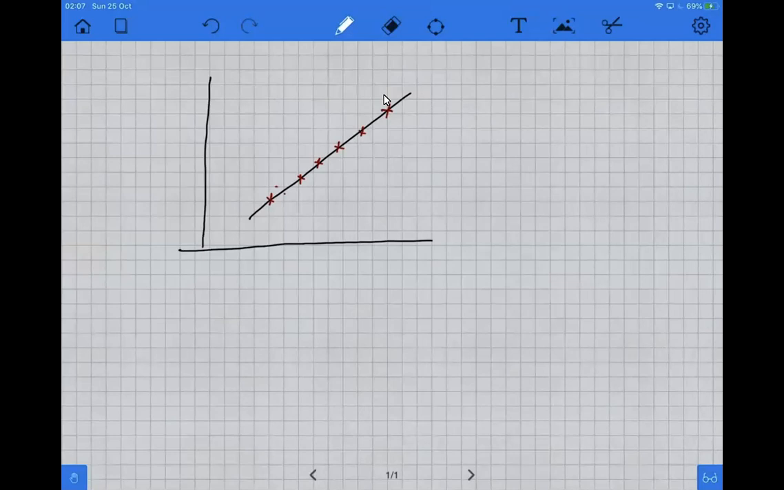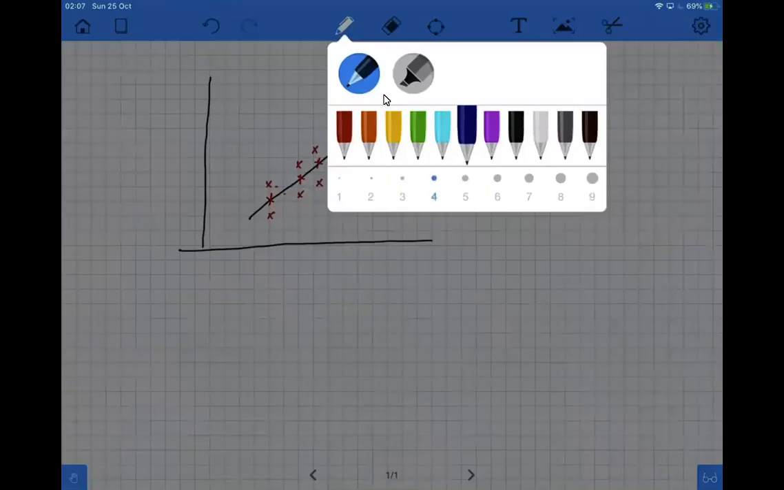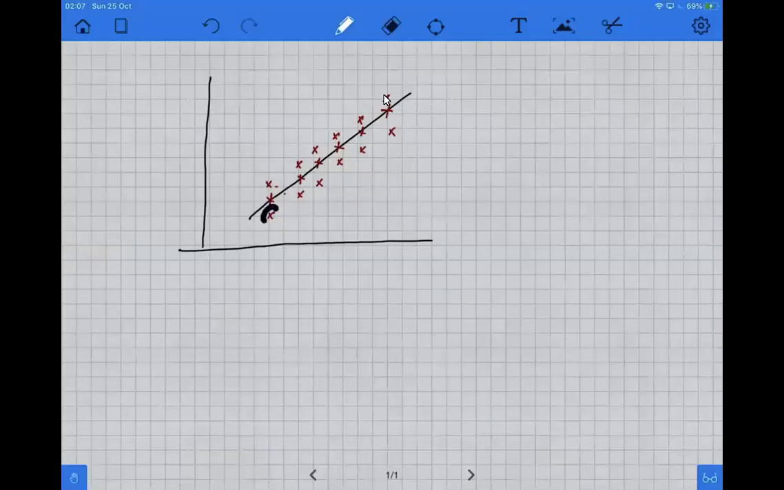Now you joined the lowest of one side to the highest of the other side to get the worst acceptable line. Now the examiner will ask you in part D,